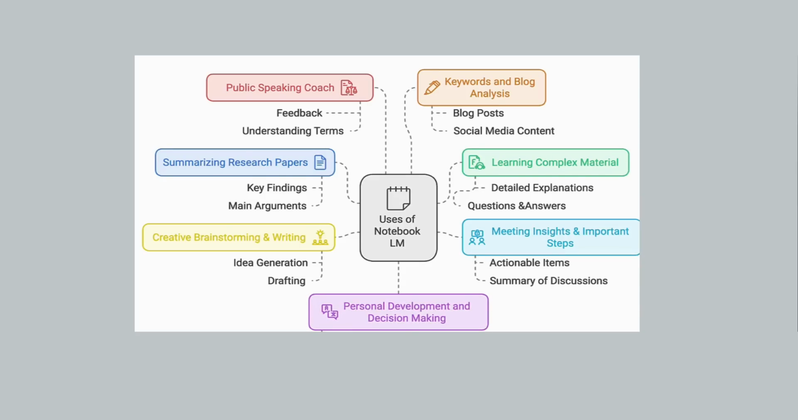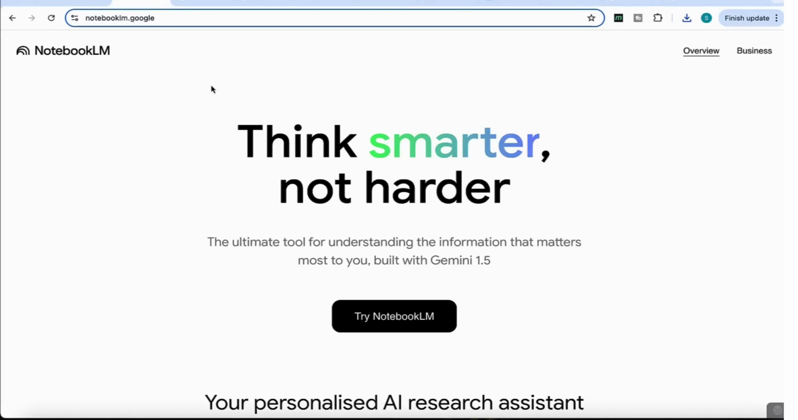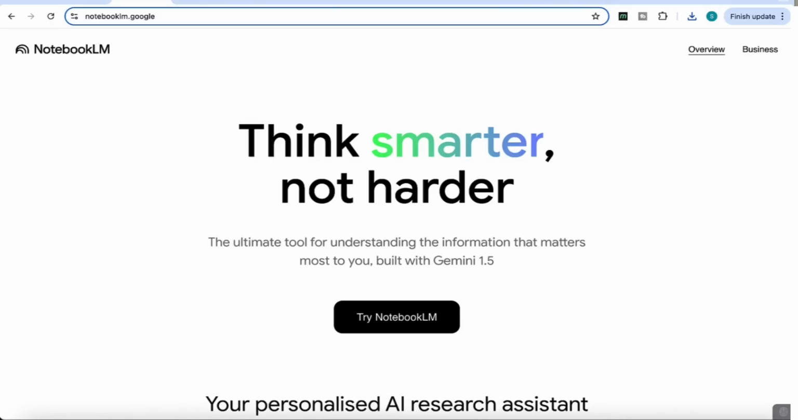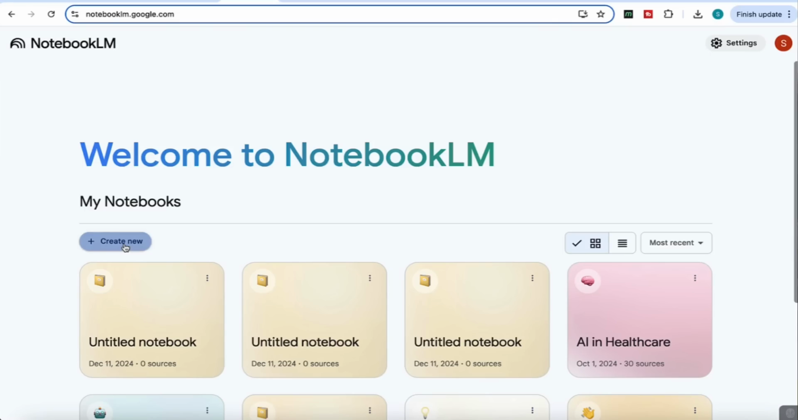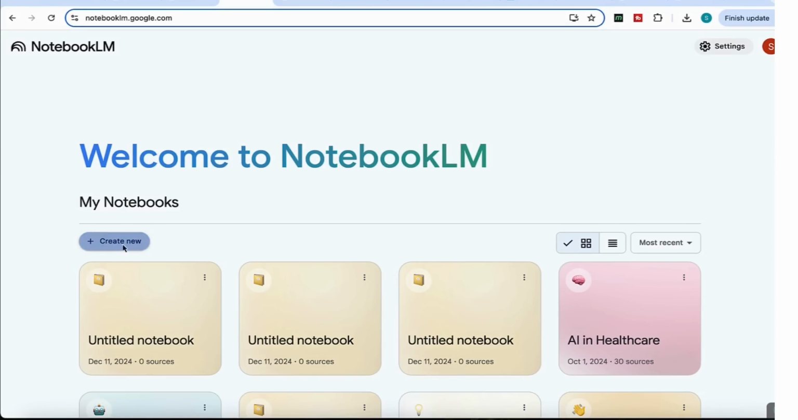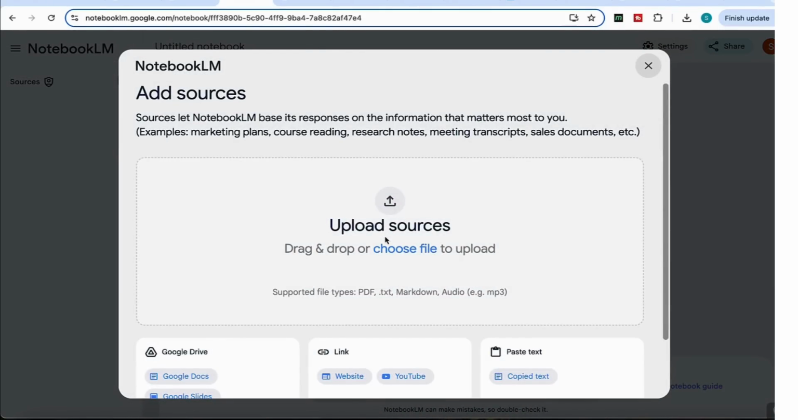So let's get started. Okay, so the first thing that you need to do is go to Notebook LM. And if you haven't already used this before, I'll leave you a beginner's tutorial on how to get the best out of Notebook LM. But for this video, you're just going to sign in and it will take you to the main page. So we're going to create a new notebook, and then it will ask you to upload your